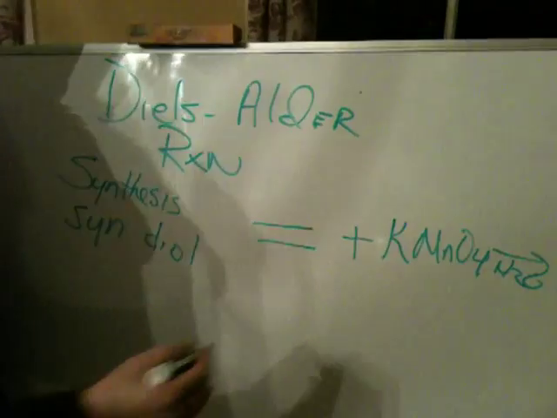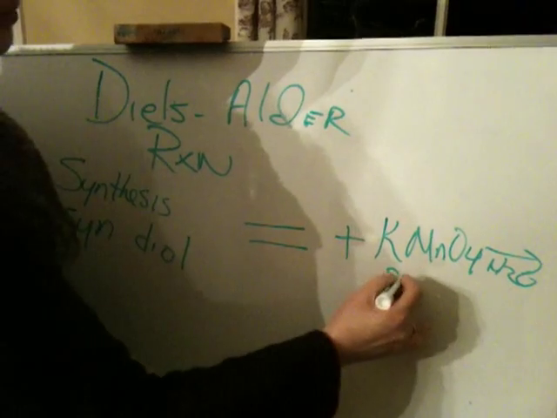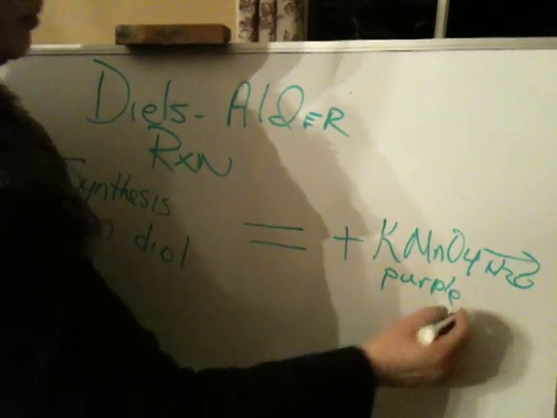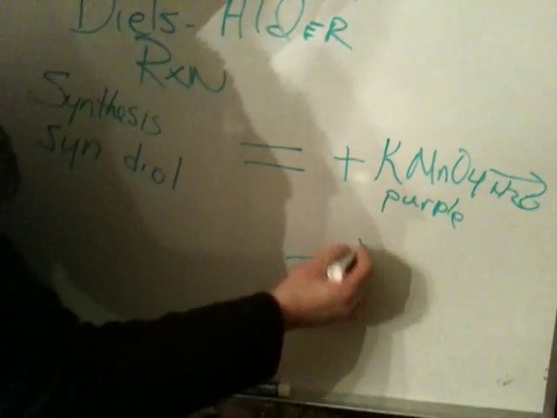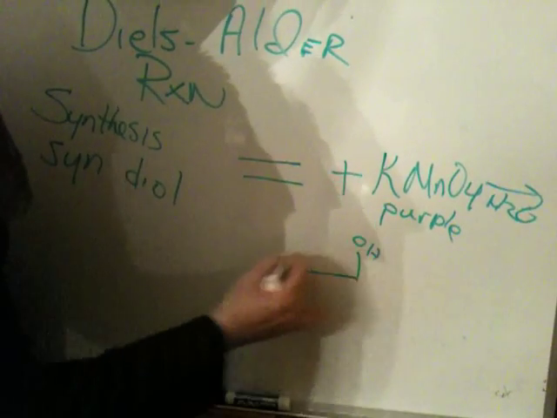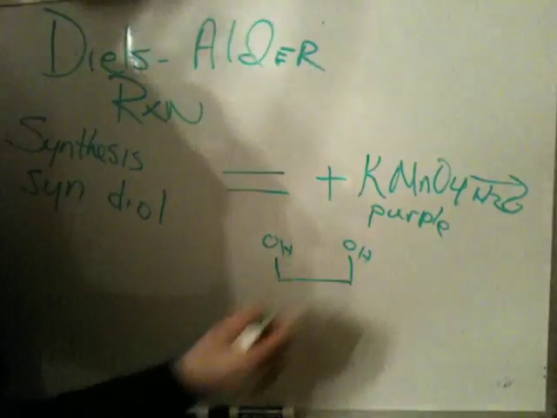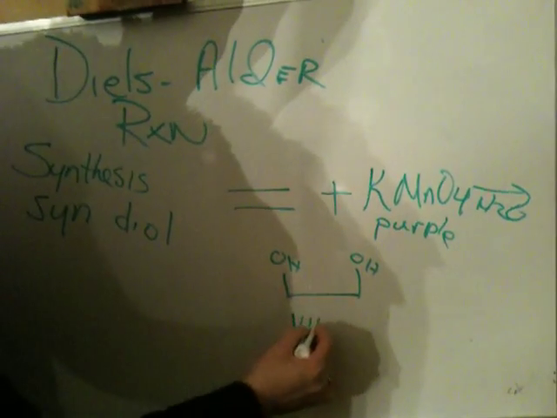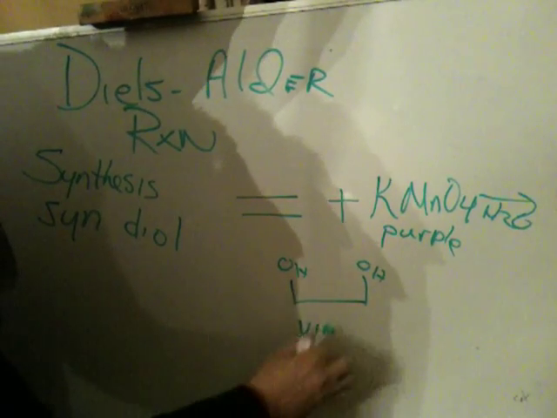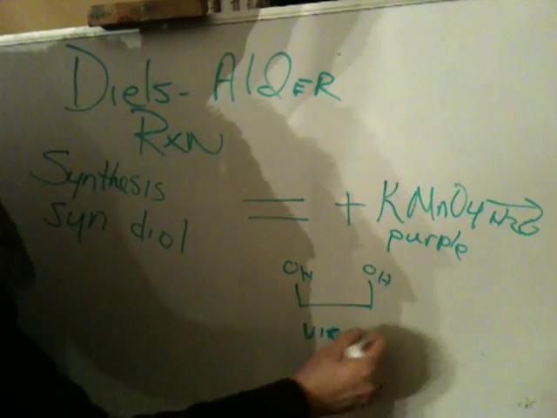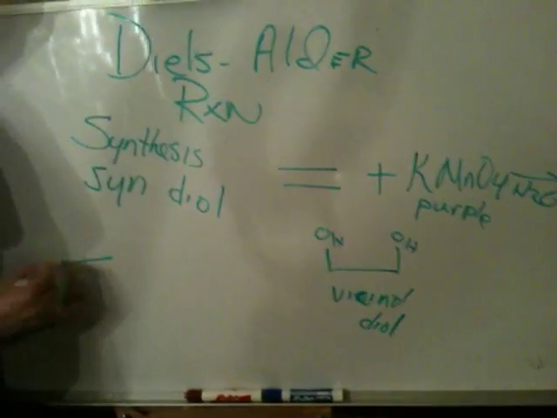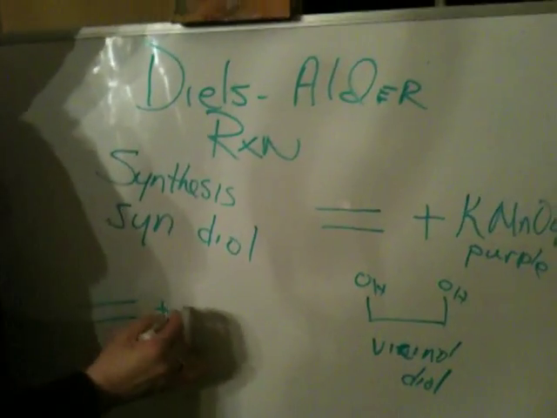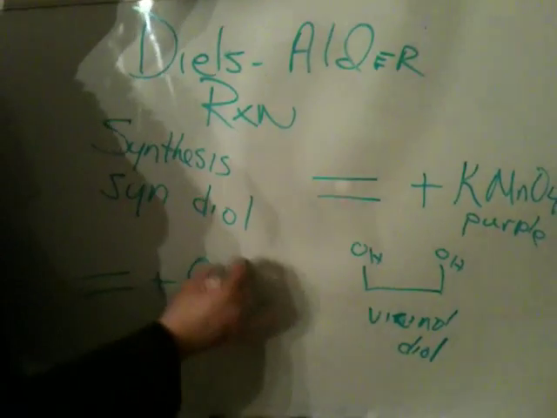This is a very colorful reaction. This reactant is purple, very dark purple, beautiful purple color, and the product is what is called a vicinal diol. Okay, another way to do the same process is to take osmium tetroxide, which by the way is much